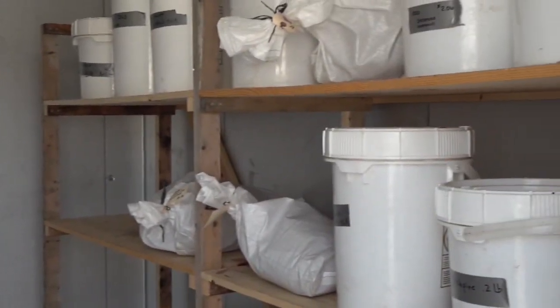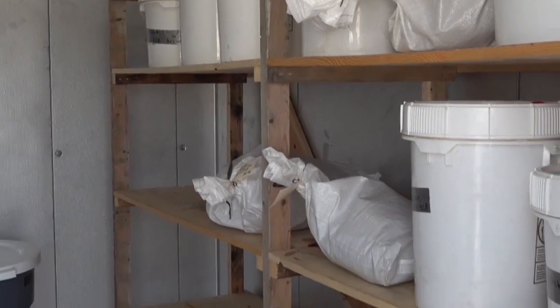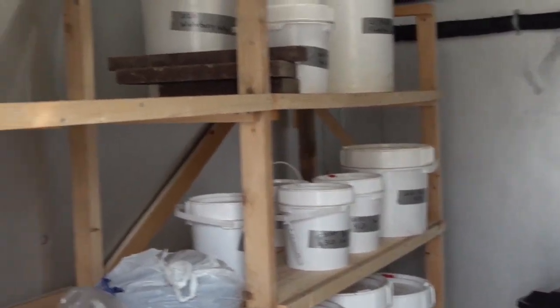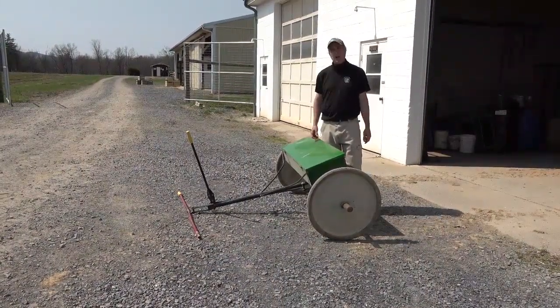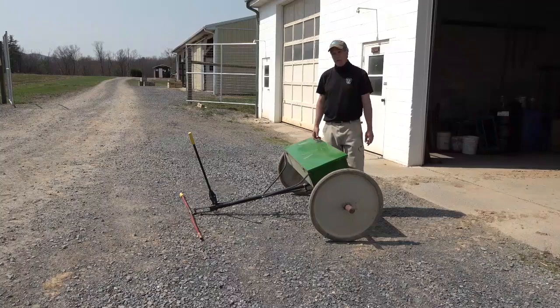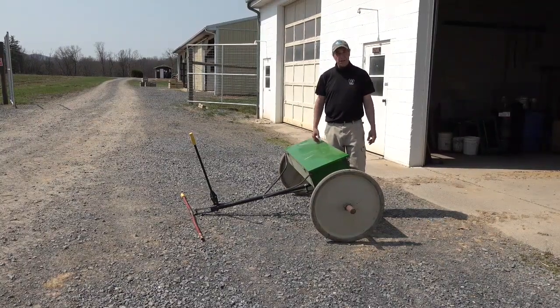We keep all the conifers on one side along with our spring planting, and then species that are going to wait until the next year are kept on the other side. This is the device that we use to plant the seeds. It's a Gandy drop seeder. Probably very similar to the drop seeders you use to plant fertilizer or grass seed in your own lawn at